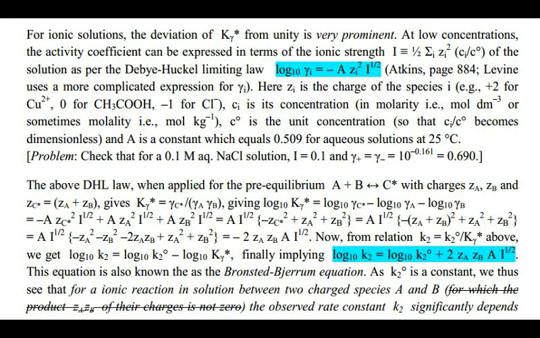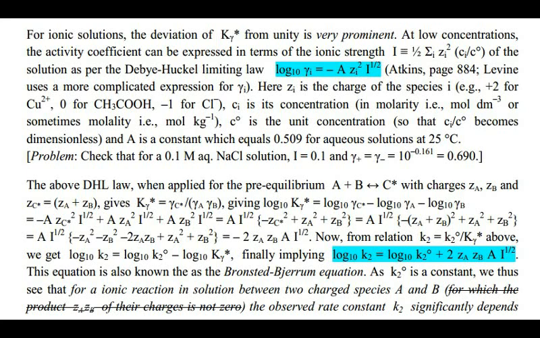And A is a constant. At 25 degrees centigrade, the value of A is 0.51, or exactly speaking 0.509 at 25 degrees centigrade for aqueous solutions. So do a numerical problem there. For a 0.1 molar NaCl solution, find that I is equal to 0.1 and gamma plus into gamma minus will be equal to 10 to the power minus 0.161. You find out why it is so as given by this Debye-Hückel limiting law formula.